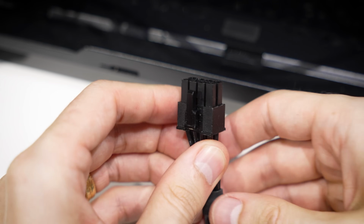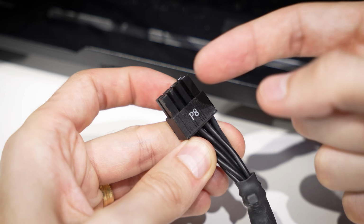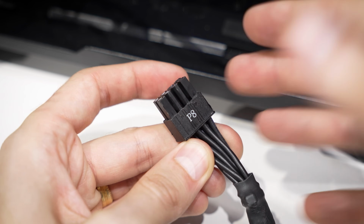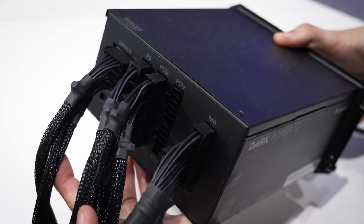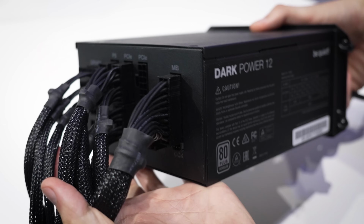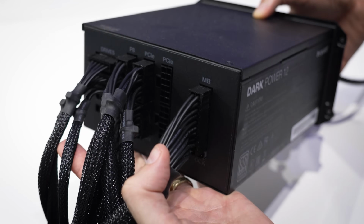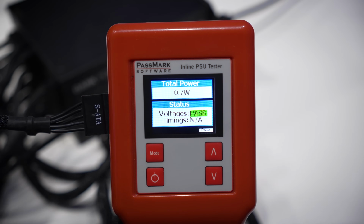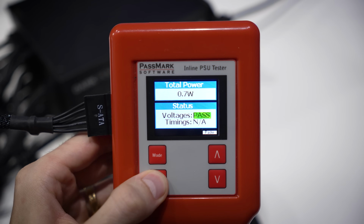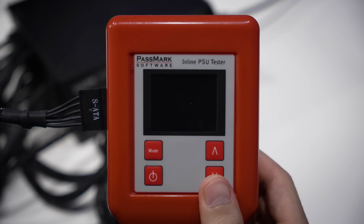So if you had 2 8-pin EPS connectors on a motherboard, typically the first one you'd want to use is the one that splits in half, but again, as long as the pinout's the same, this shouldn't matter here either. Connections on the unit side also look good. I've seen this before where one of these slips out a little ways and then you get some really funky behavior. I haven't touched these. I've just, again, pulled the unit out and you can see these are all connected. And for extra peace of mind, let's triple check with our inline tester that the unit,